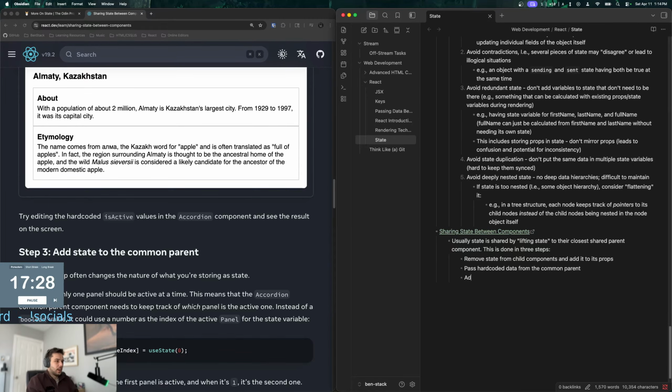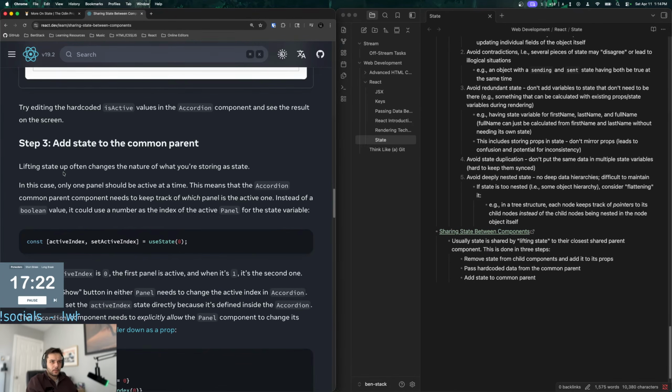Okay, and then add state to common parent. In this case, only one panel should be active at a time. This means that the accordion common parent component needs to keep track of which panel is active, and pass it appropriately as props to the children.